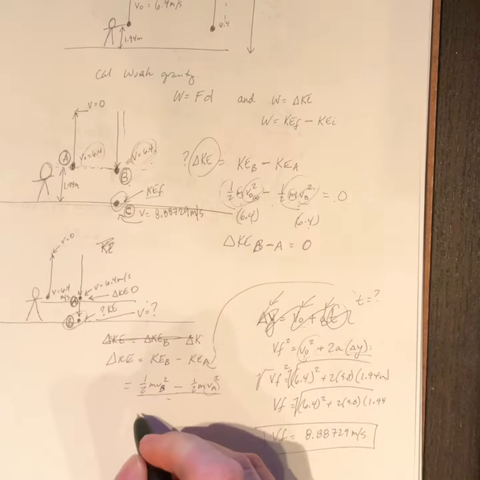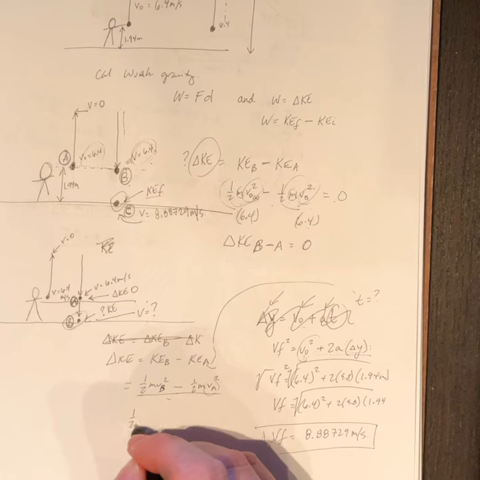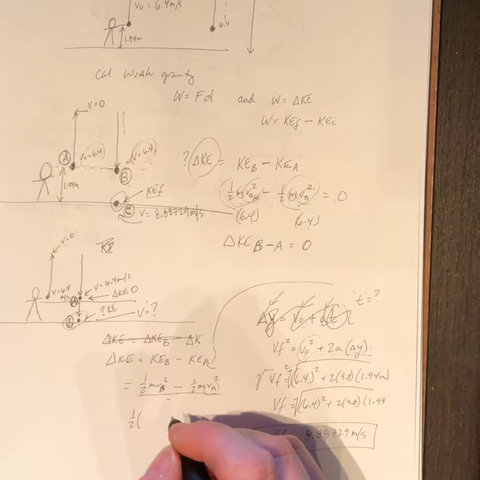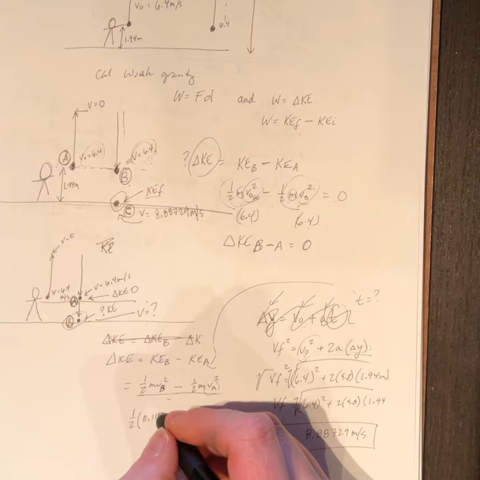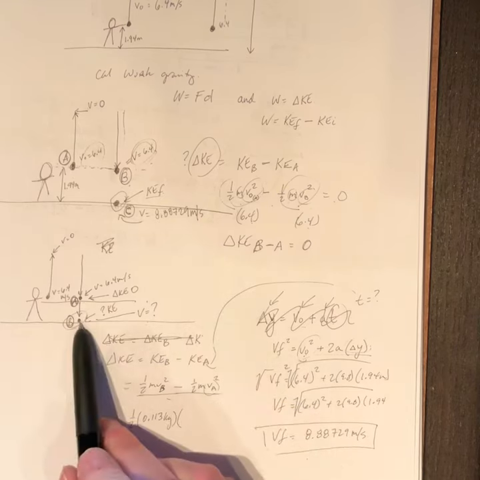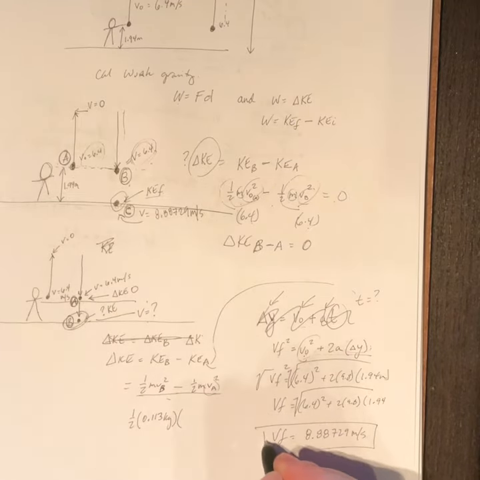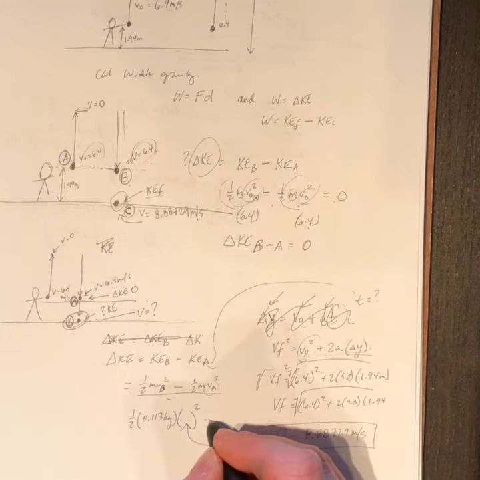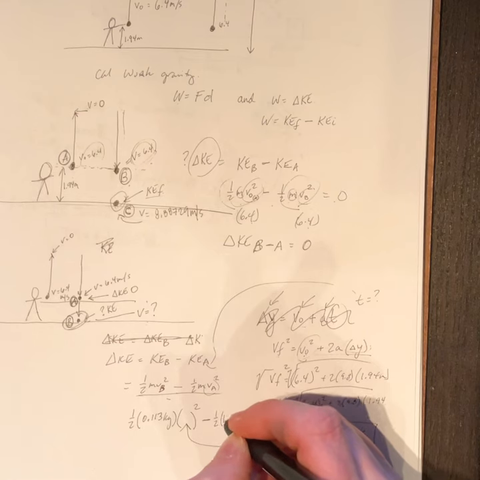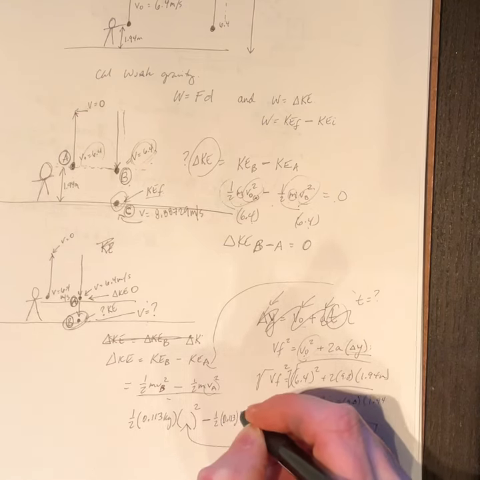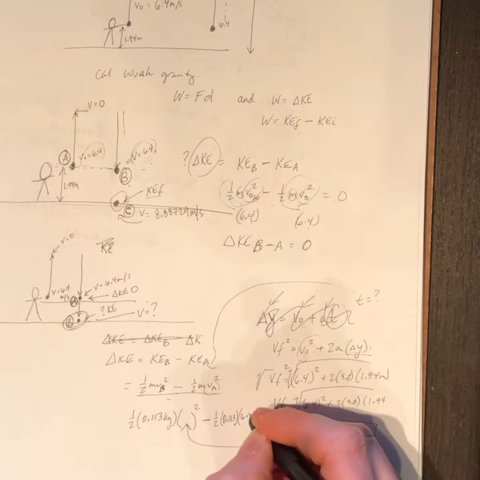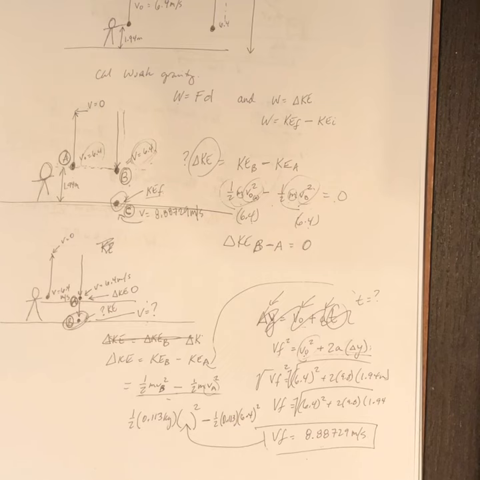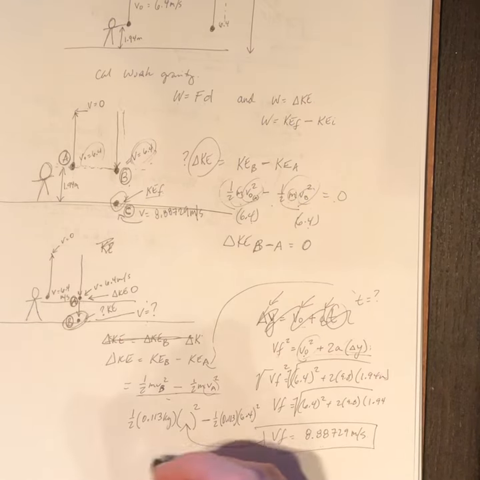So going back to here, we know the change in kinetic energy is 1/2 the mass of the ball, which was 0.113 kilograms, times the final velocity we just calculated, squared, minus 1/2 times the mass times the initial velocity at this point, which was 6.4, squared, times 0.113. So for this side of the equation, I get